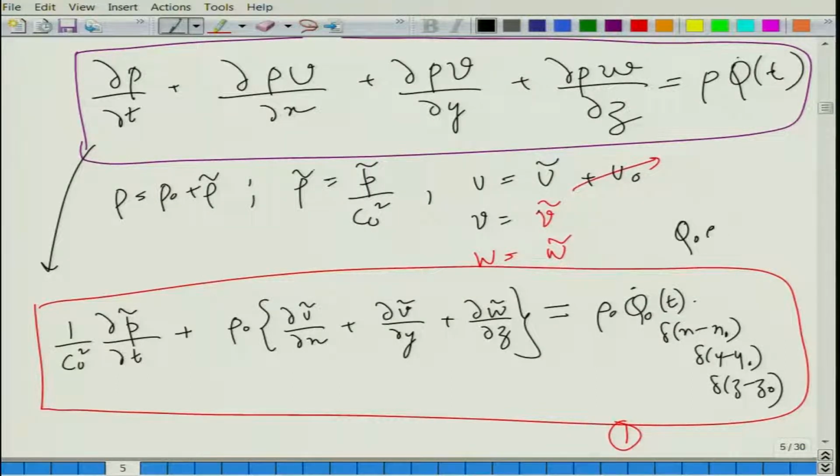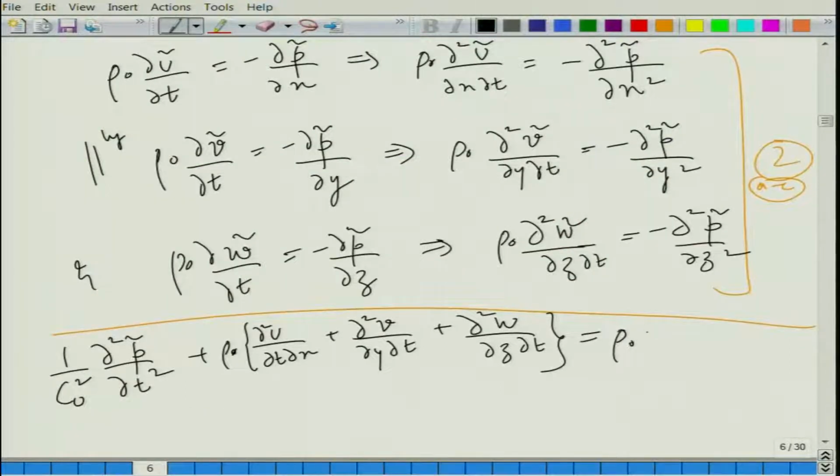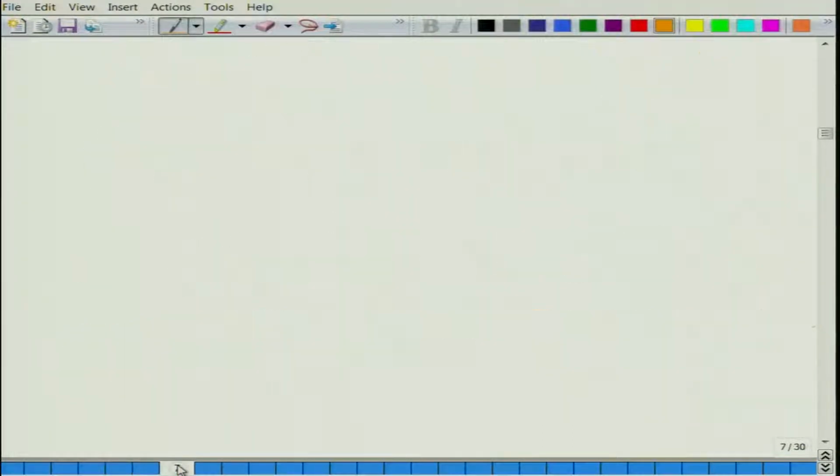So, I would put it as E j omega t. So, here we get j omega q naught E j omega t minus this thing. So, we get this, and now if we substitute equations 2a to c back in here, okay, we will get